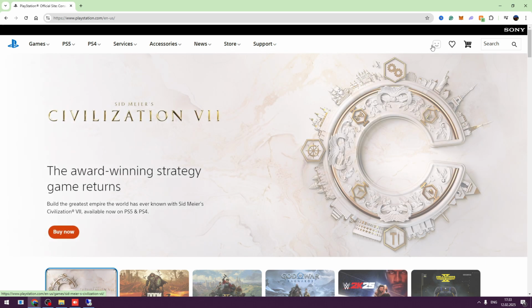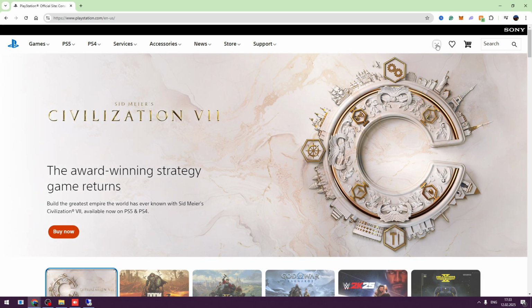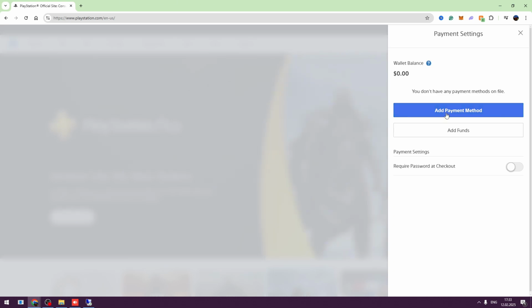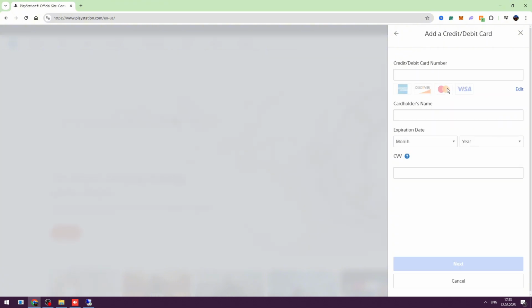Then you need to click this profile icon in the top right, and you need to go to the payment management. After that, you need to click add payment method, and we need to use add a credit debit card function right here. So basically our Cash App card is Visa card, so we need to enter our Cash App